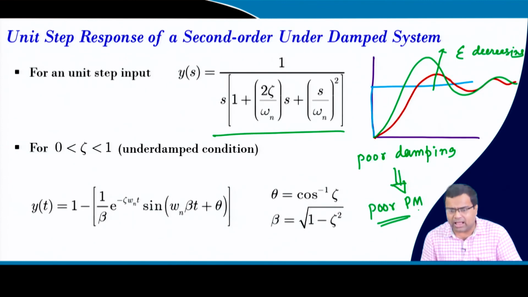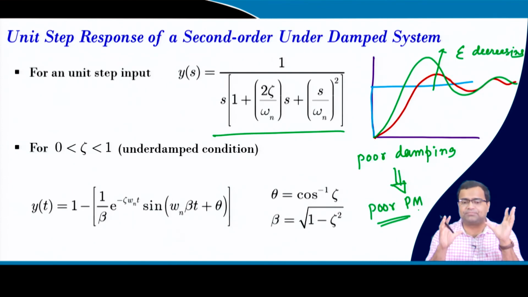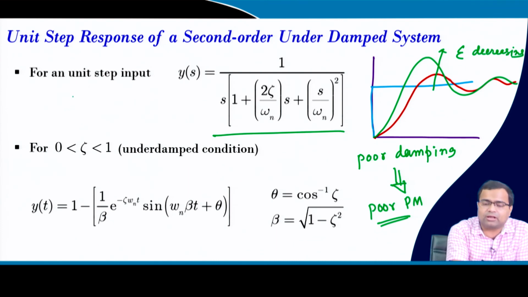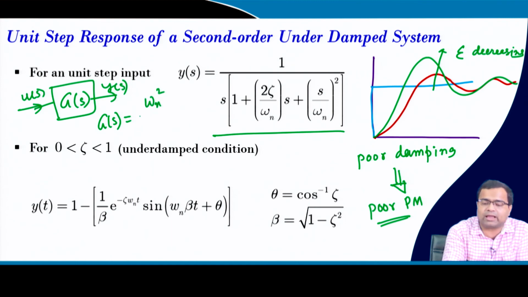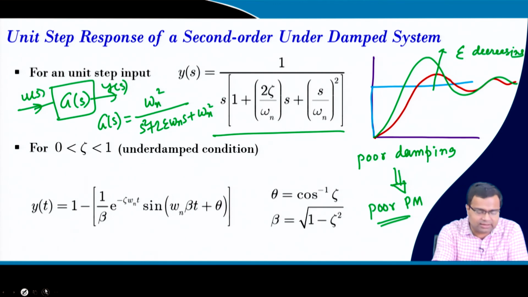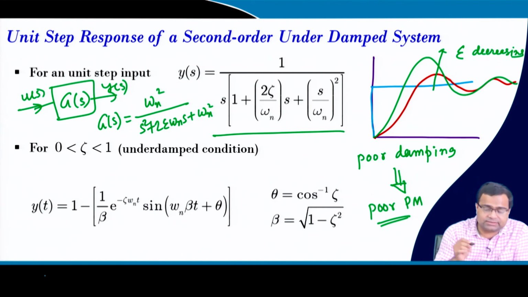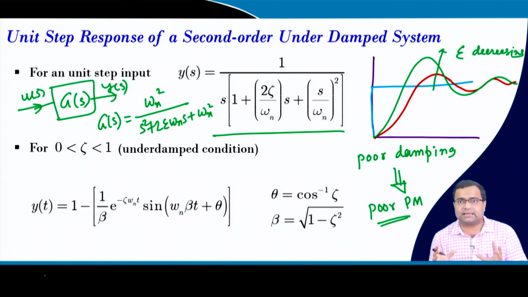Now, we have studied all this in control system, because this is a transfer function, the original transfer function was G(s), where the input was U(s), and this was a box with an output, where G(s) we consider like omega_n squared over s squared plus 2 zeta omega_n s plus omega_n squared. We have studied this in our control system literature, right. Now, my question is, what will happen in this system if you add a 0?